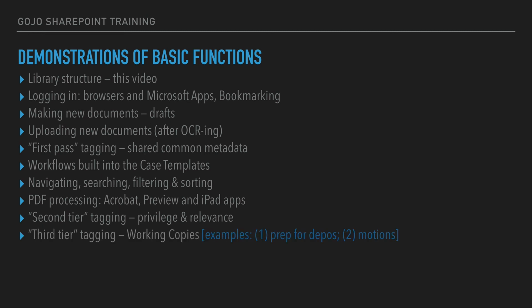And then there's a third tier of tagging that takes place in working copies, where we're doing a much finer degree of sorting and tagging and filtering, using that system to prepare for things like depositions, hearings, or collating documents that would be used in a brief. We'll show you how to share documents with outsiders. We'll show you how to verify that the permissions are correct, and we'll show you how to set up an